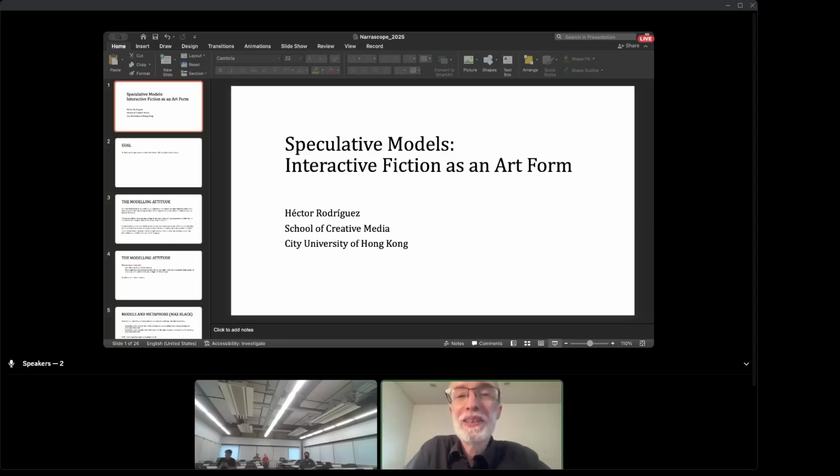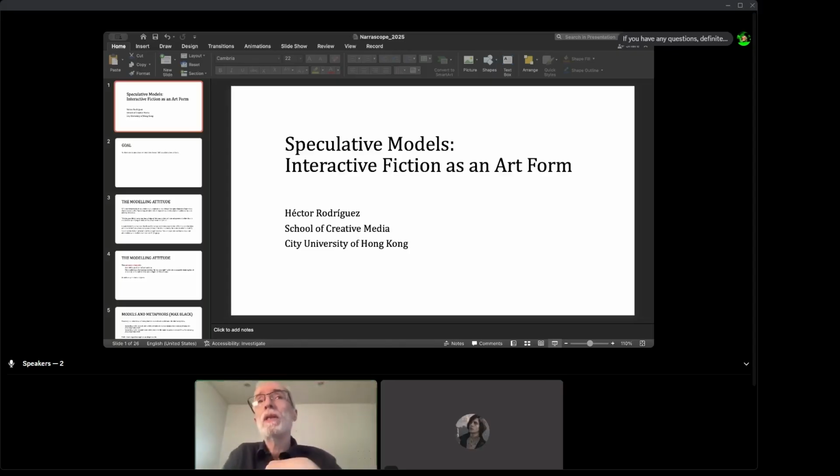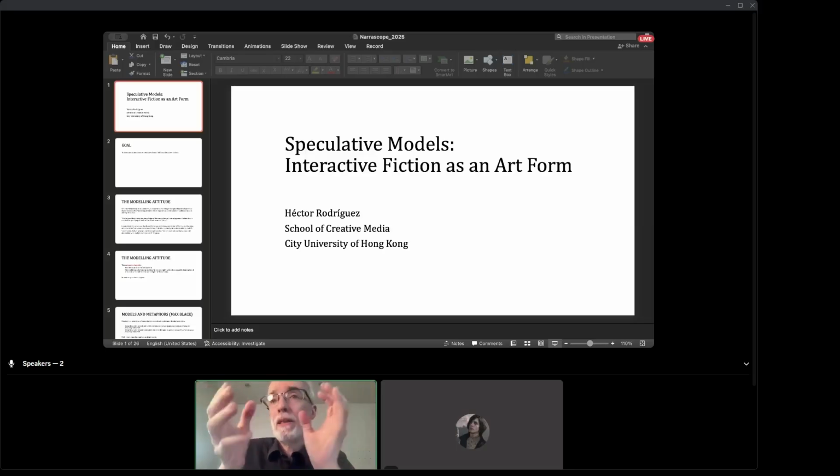So without further ado, let me start. The first idea is to think about interactive narratives that are in some sense simulationist, right? So those where the main activity of the author is the creation of a model, very broadly speaking. And I don't mean to introduce this as a category which is binary, where a work is either simulationist or not, but just to say, well, works can be more or less simulationist to the extent that the author's interest lies in the design of a model or a simulation.